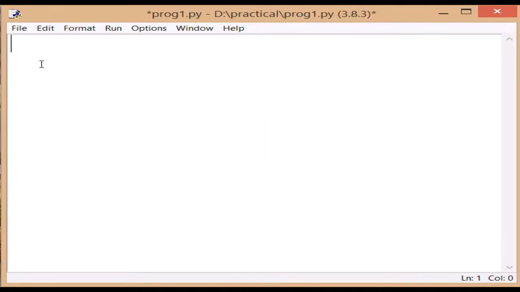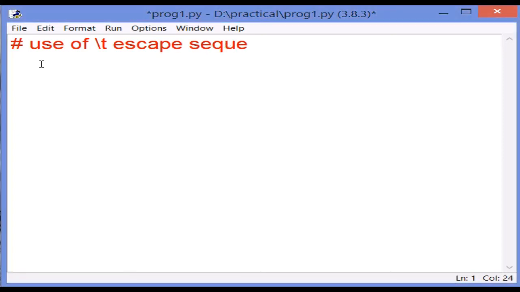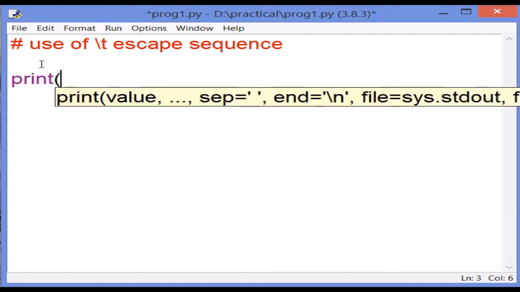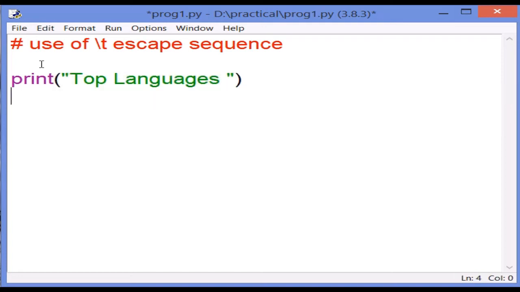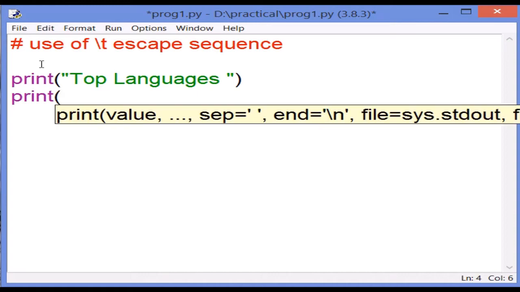Here I will show you the use of \t in a Python string. So I am printing one string on the screen. Top languages. Then again I am printing one string. Inside this I type JavaScript. Then I will use \t,